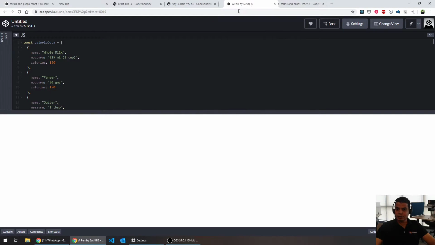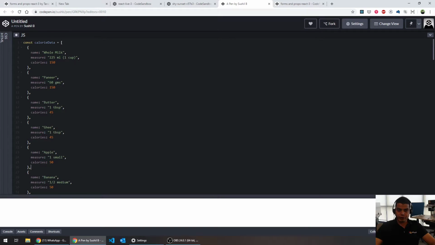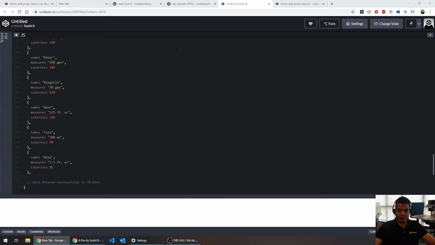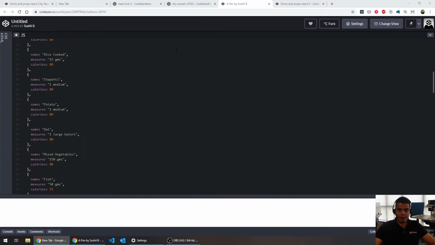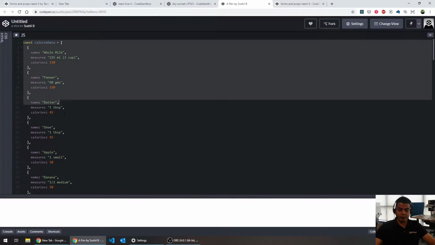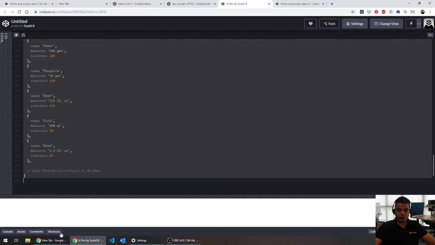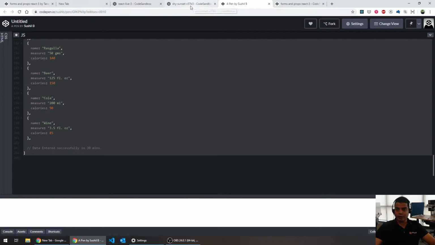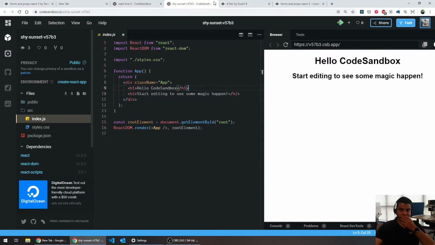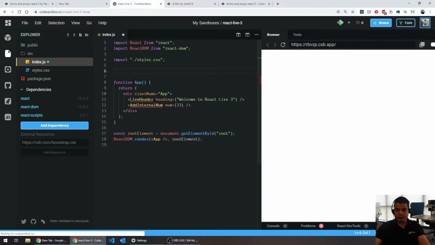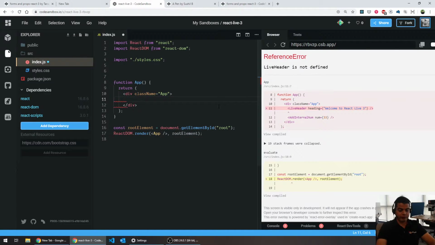So you see this code, you don't need to shift to CodePen. This is something which Sushil actually made last night for us. This is a JavaScript object. Okay, let's see what we want to do with this. If I have this JavaScript array, let's remove all of this. We don't need this. Let's just have h1